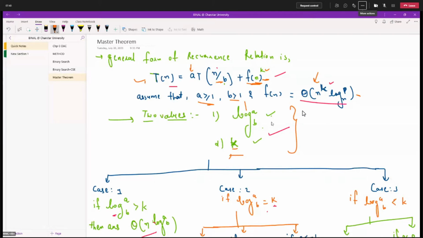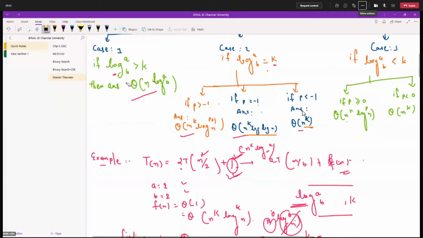So that is the generalized method for the analysis, or we can say it is the easy way. Whenever we have a program or an algorithm and we have to find its complexity, and we have a function, using these two values we can easily identify the complexity, right? So let's see what that method is.